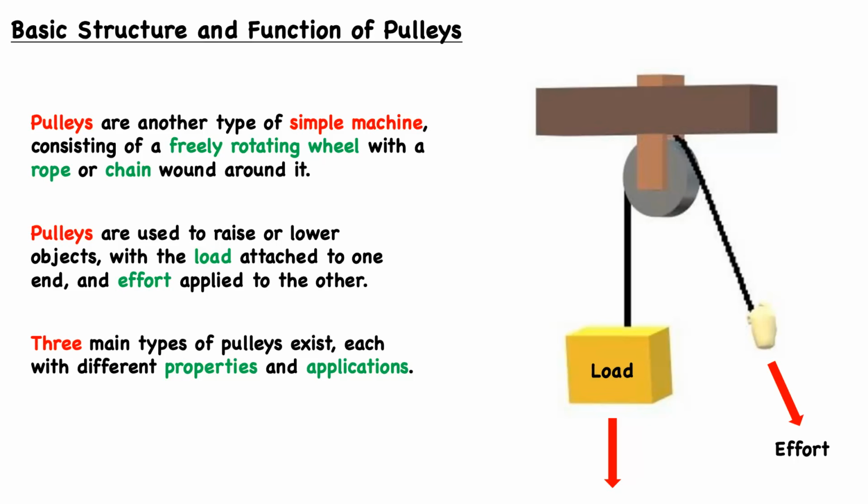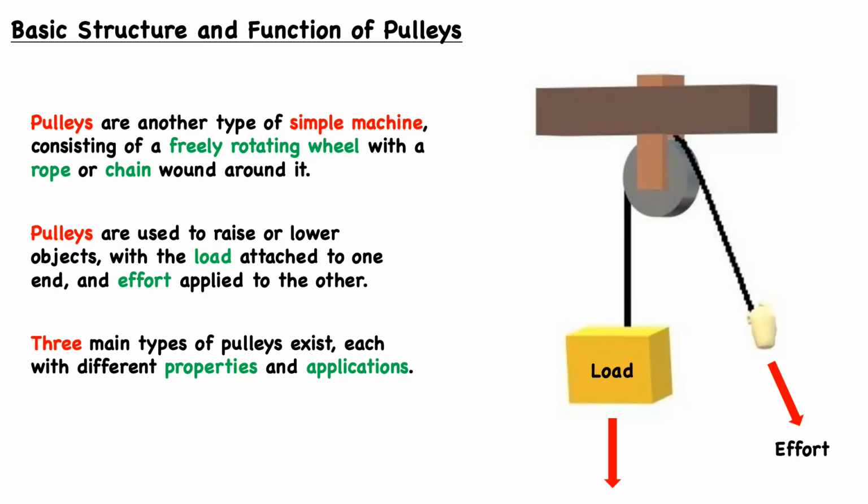So in this video, we're going to talk about another essential simple machine, this time pulleys. And pulleys are, again, another type of simple machine that consists of a freely rotating wheel, so this can spin as it pleases, with a rope or chain wound around it. And pulleys are used to raise or lower objects with the load attached to one end and effort applied at the other. And there are three main types of pulleys that exist, and they each have different functionalities or properties